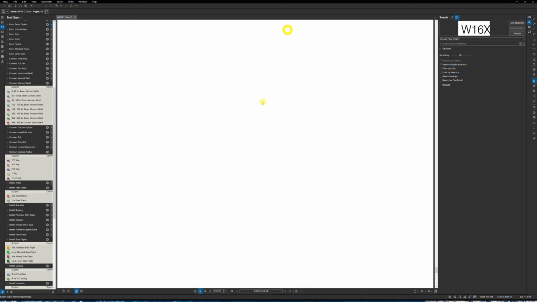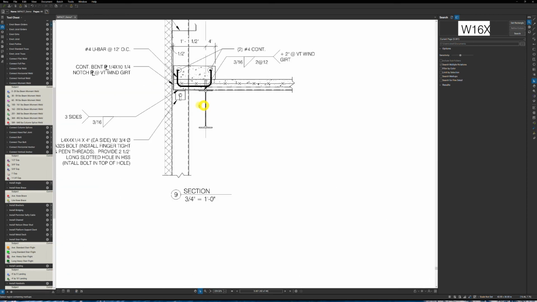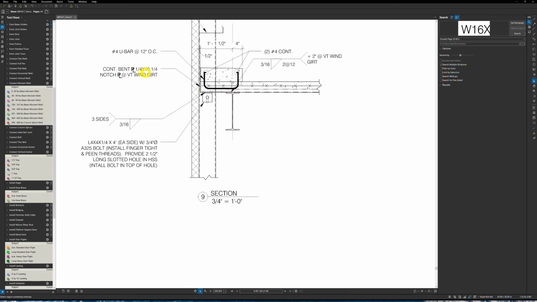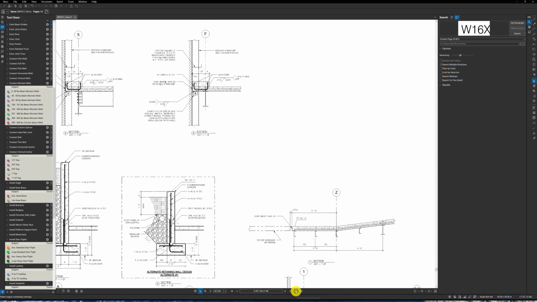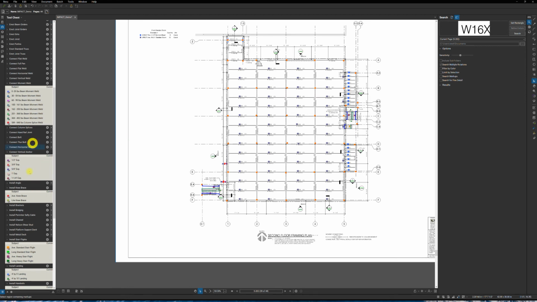Let's go to 9301. 930N, we see some bent plate there. So just saying continuous bent plate, so we'll just call that some perimeter angle. Taking off perimeter angle is very simple as well. We come to angle,